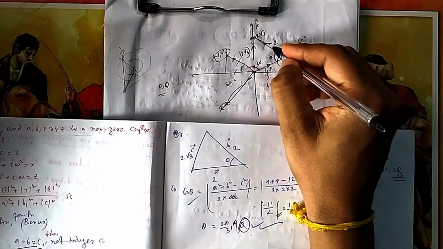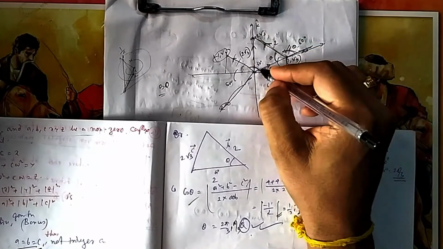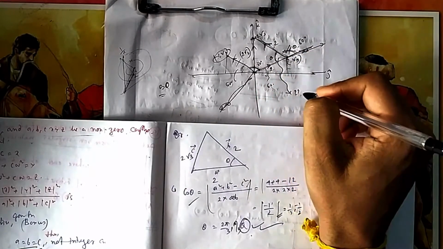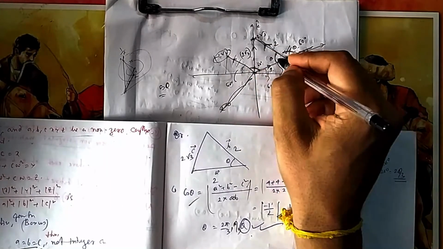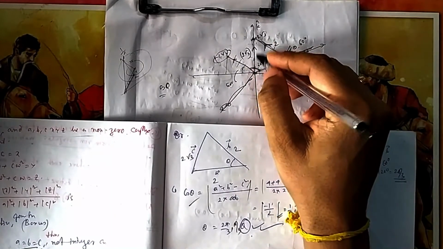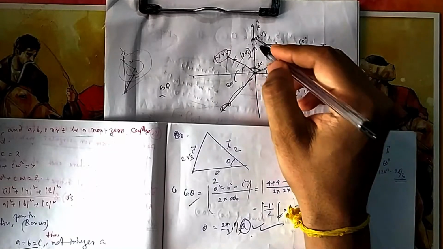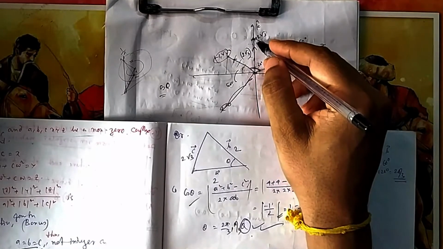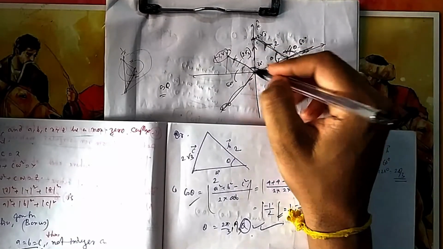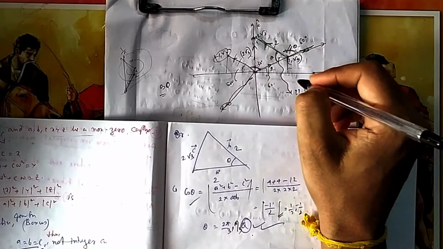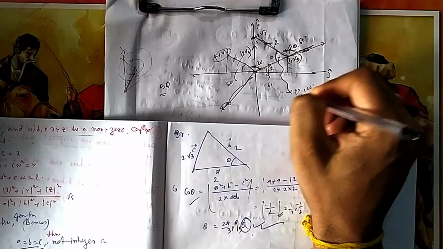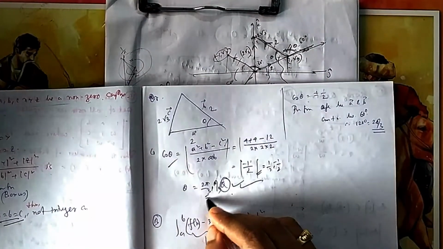This is your A vector, this is your B vector. You can see this angle and these angles are the same angle. So obviously this one will be 120. And also you can see this is the largest side, so this should have the greater angle. These should have smaller. So if it is 60, then these two will be higher. All will be 60, 60, 60. It is not possible. This angle cannot be, because these two are the same. So these two angles are the same, so it cannot be 60. So your answer should be 120, that is 2 pi by 3. So that is your option Q.